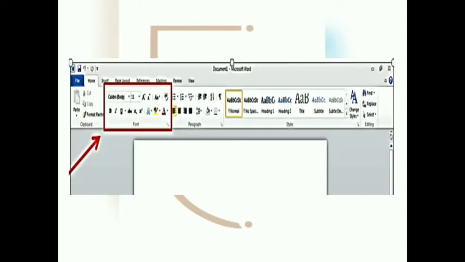So you can see here, this is the MS Word window from where you will click for changing the formatting. You can see in the rectangular box, this is the font group. By using this group, we can change the formatting of the text.